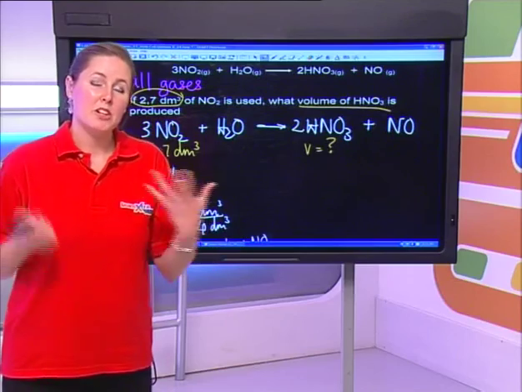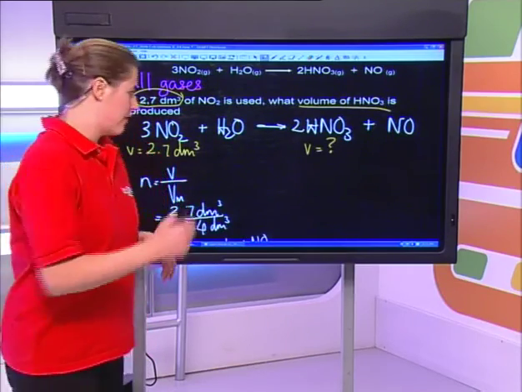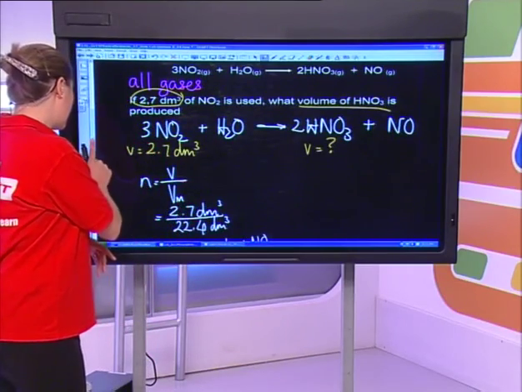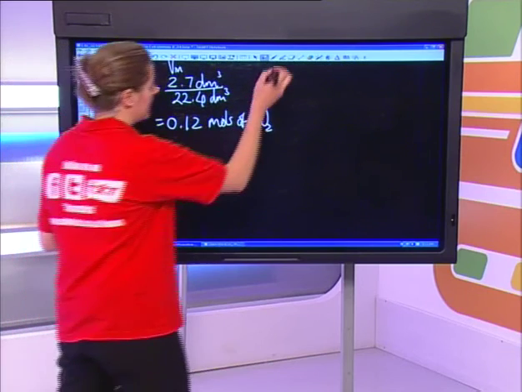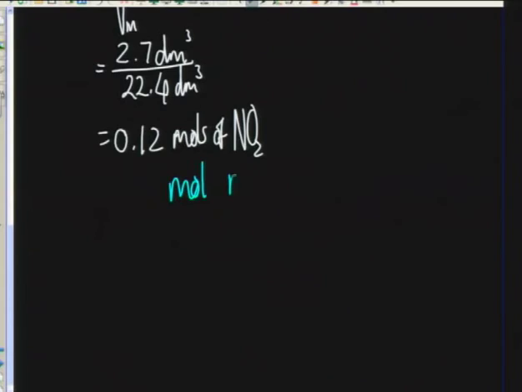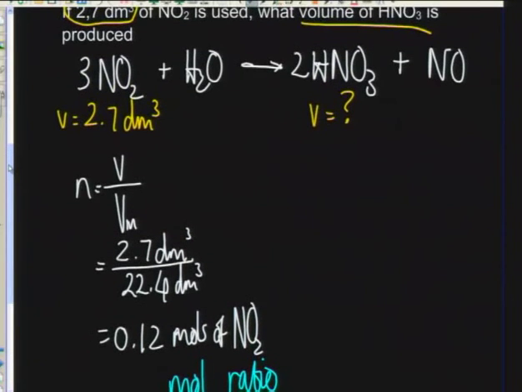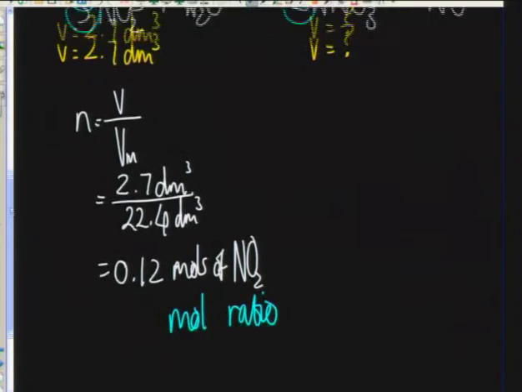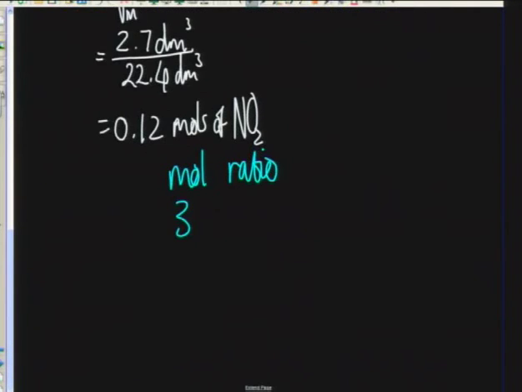So how am I going to do that? I'm going to compare with the mole ratio, right? So let's take this down and work with my mole ratio. What does the balanced equation say? The balanced equation says it is a 3:2 ratio. So I'm going to write that down. It is a 3:2 ratio, which means it's going to be